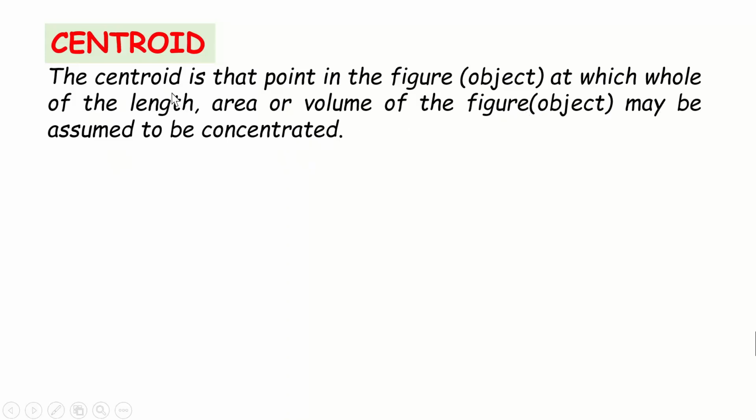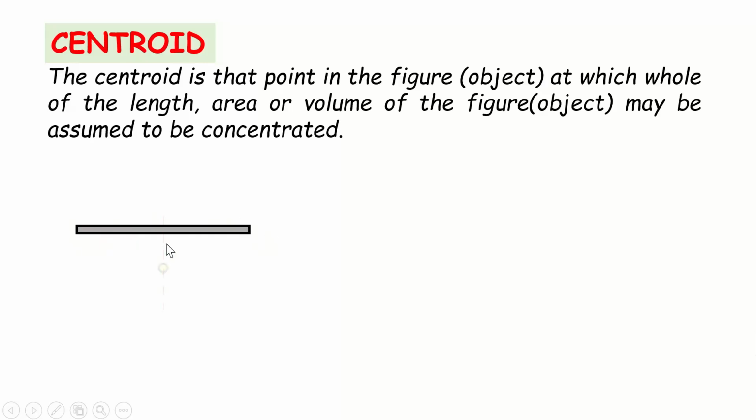So basically the centroid is a point in the given object or figure at which we can assume that the length of the object, or area of the object, or the volume of the object is concentrated. So let's understand this with the help of an example. If you see this particular object, it is a linear object, so it has got certain length. Now if I wanted to find out a point at which we can balance the entire length,